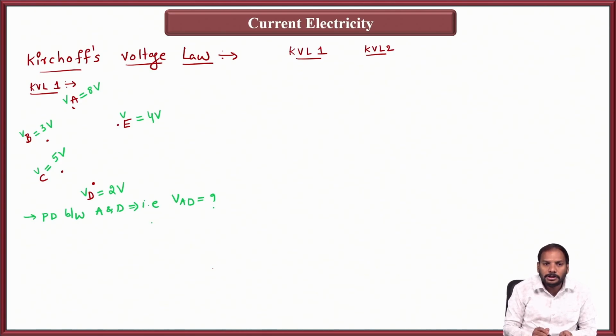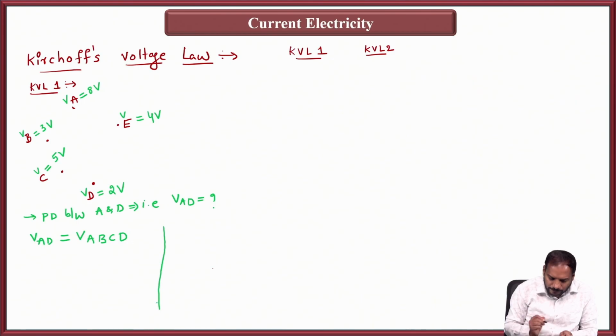Which path can you consider for the calculation? You can consider the path from A, B, C, D,